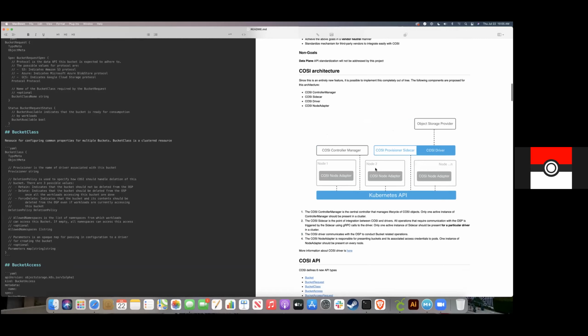And more info about the architecture, like explaining why we have only one controller manager but multiple drivers and sidecars and a cluster-wide node adapter, and also how this leads to portability or scalability and things like that. But I don't know if that's absolutely needed for the alpha version that we're shooting for. So I think it's ready for review, to be honest.